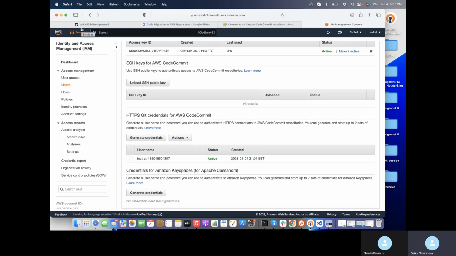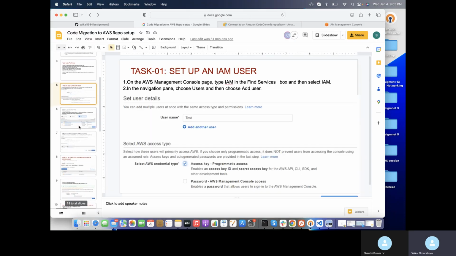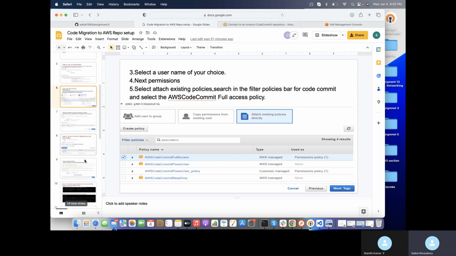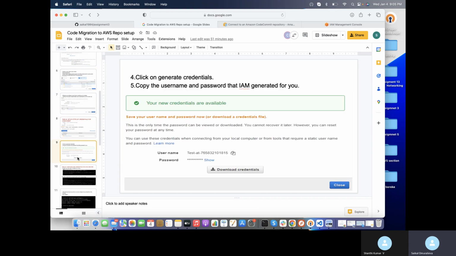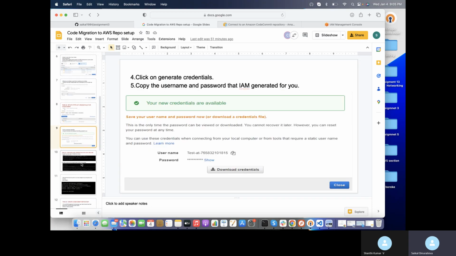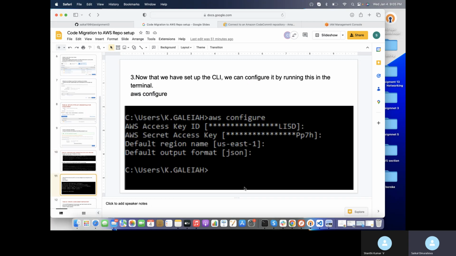Okay, next step. When I'm creating the IAM user, the next step is to choose the policy for this and attach the policy. Then we generate credentials. So now I'm going to my terminal and running the command for